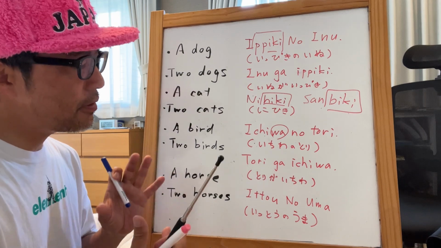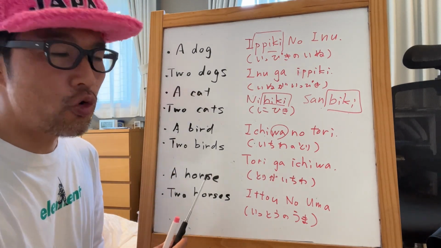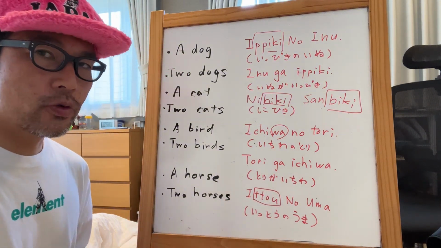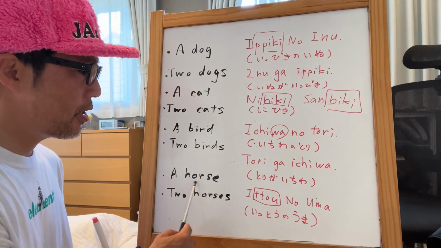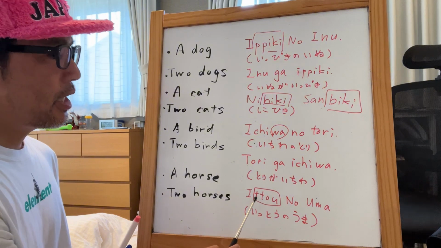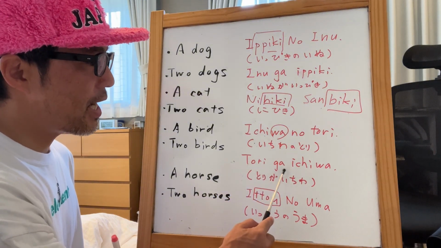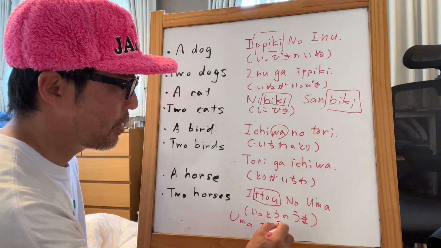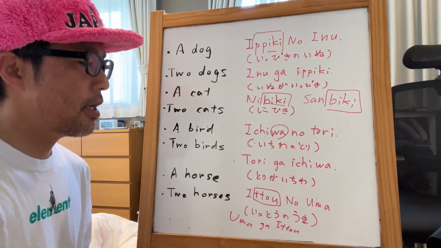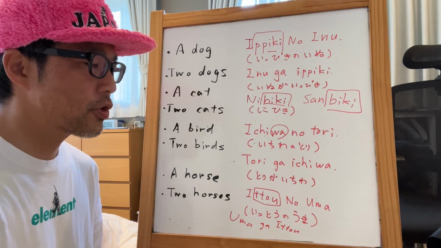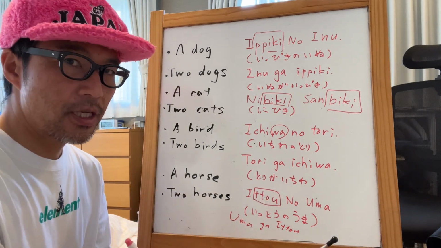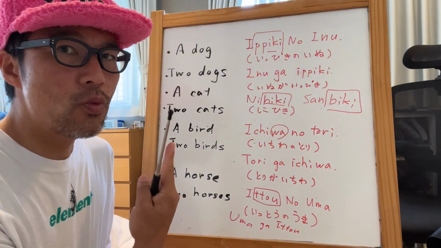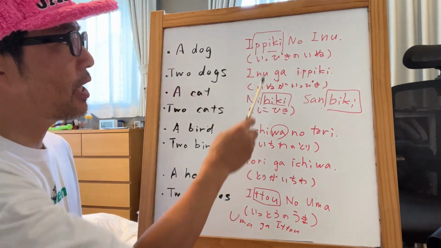It's okay, but in a more formal way, we say 1頭, another different word to count animals. 1頭の馬, a horse. 馬が1頭います。There is a horse. 2頭、3頭、4頭、5頭、6頭。